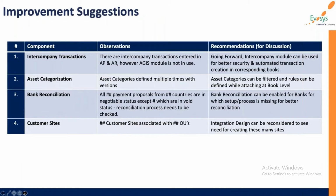Our recommendation and analysis was not just around the structure, but we have also picked up important business processes such as intercompany transactions. Like Rick said, this customer is global in nature. For them, intercompany transactions were really, really important. So we have described our observations, and from our experience implementing cloud applications for eBusiness with customers, we have also